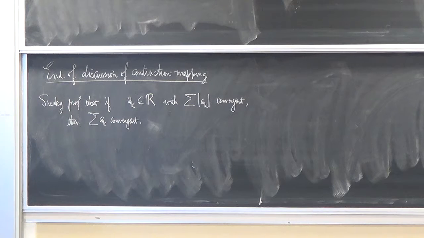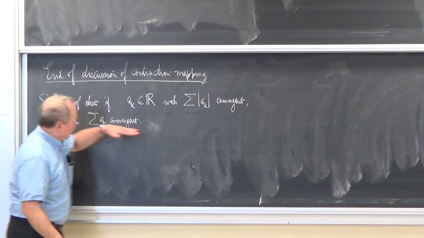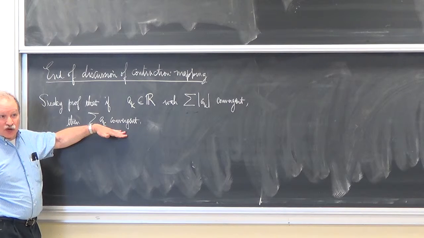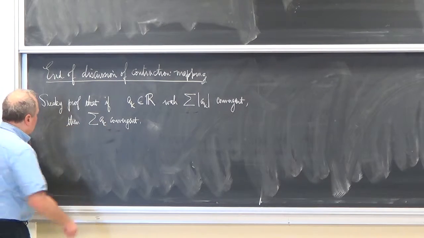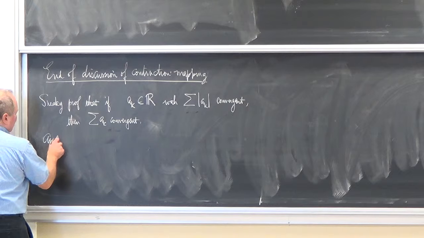Remember what the word was? Absolutely convergent. Absolute convergence, right. So absolute convergence implies regular convergence for a series of real numbers. And the application is going to be